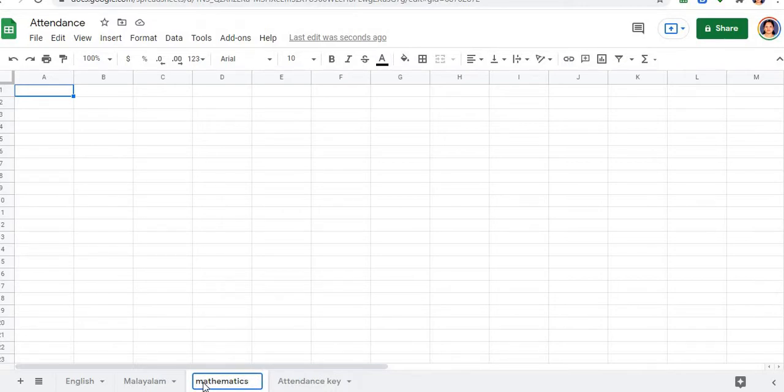The spreadsheets of all the subjects, we may send to the subject teachers so that they can mark the monthly attendance in that and then send it back to us. It is for class 12B that I am making the spreadsheet. So I may add all the subjects like this. I do have even physics and chemistry to be added.